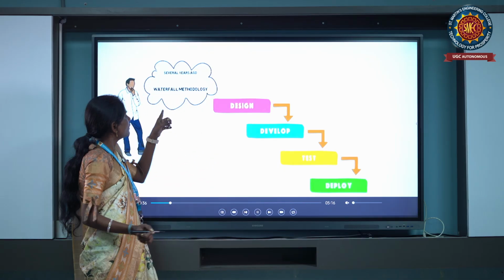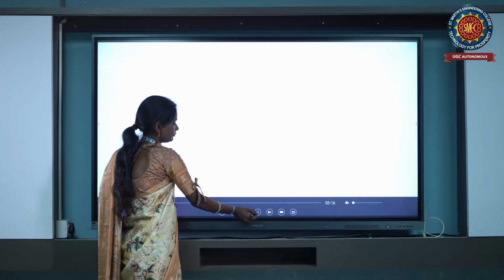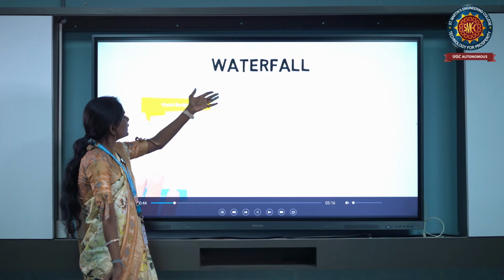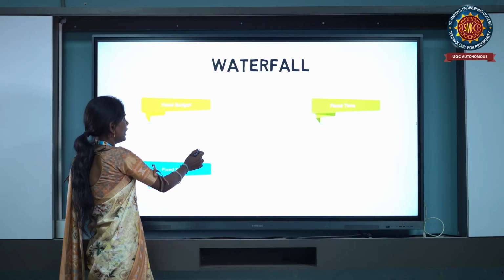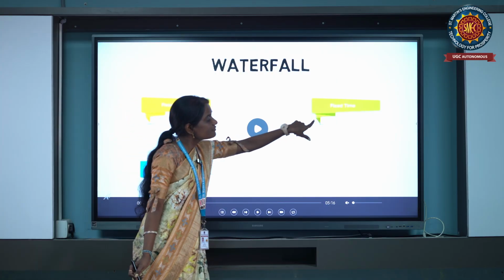Next one is the waterfall model. It already has some disadvantages, as it has a fixed budget, a fixed scope, and a fixed time.